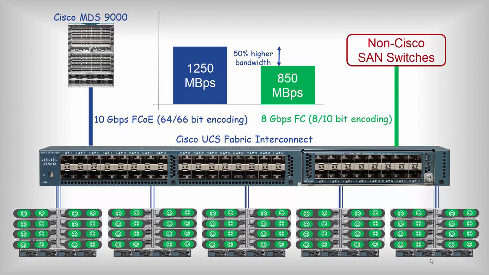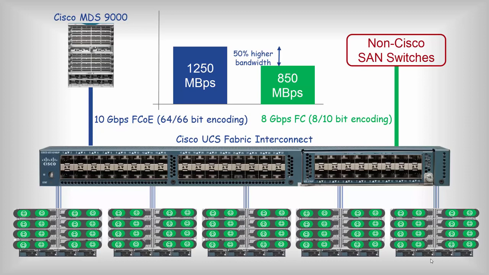64/66-bit encoding of 10 Gbps FCoE. That means 64 bits of data for every 66 bits transmitted on the wire. To me, that is 97% efficiency. On the other hand, 8 Gbps Fibre Channel uses 8/10-bit encoding. That means 8 bits of data for every 10 bits transmitted on the wire. That is just 80% efficiency. The end result is that you get 50% more data rate when Cisco MDS and UCS are connected using 10